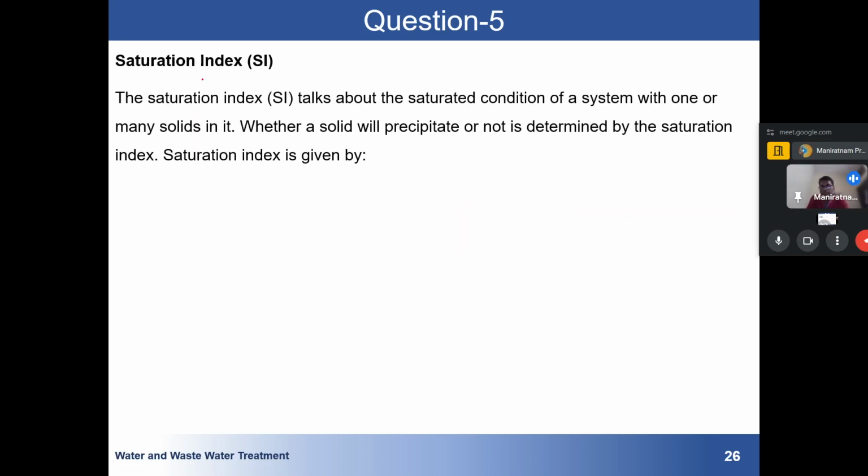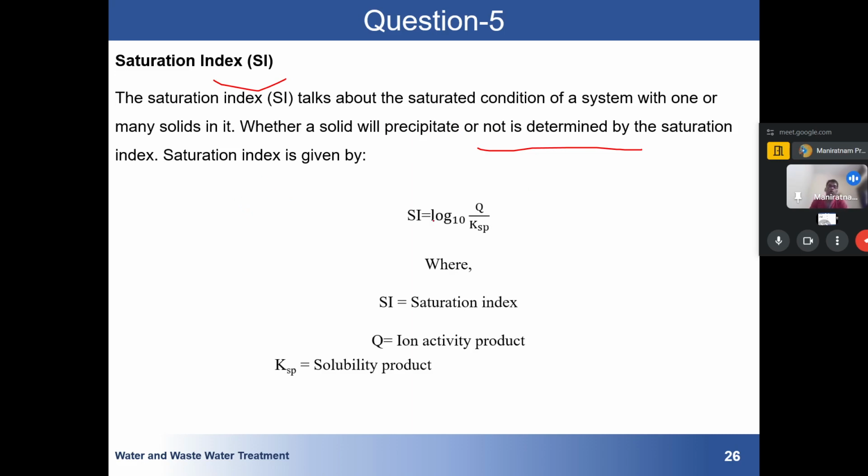So one term is defined, that is the saturation index. Saturation talks about the saturated condition of the system with one or many solids. Whether a solid precipitates or not is determined by the saturation index, and the saturation index is given by SI = log10(Q/KSP), where SI is the saturation index, Q is the ion activity product, and KSP is the solubility product. So we know that this AB salt will give A+